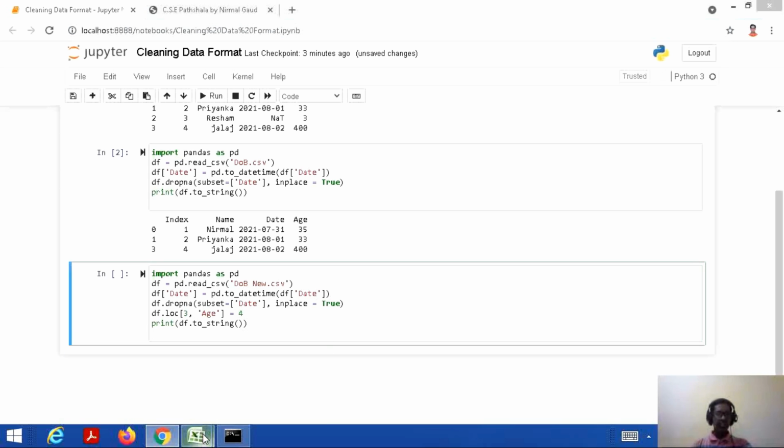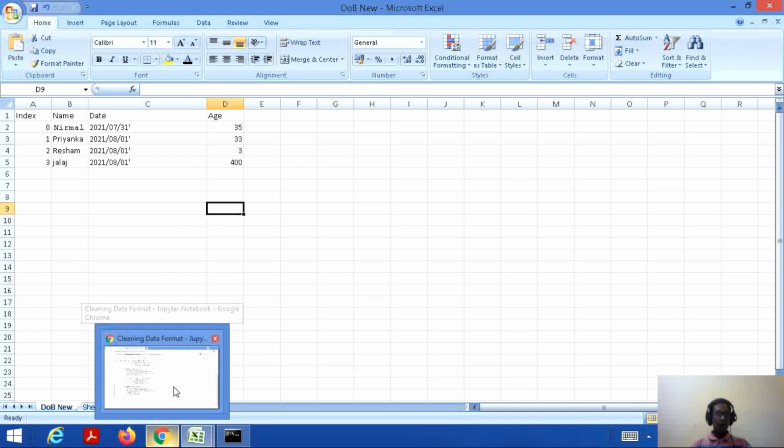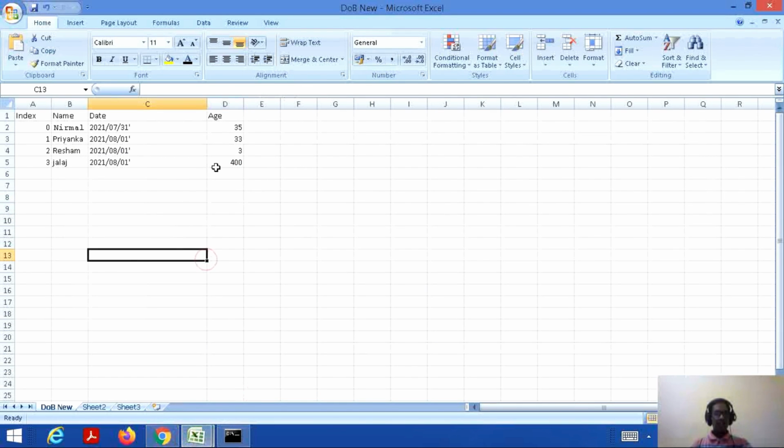And as we have seen, in this CSV file we don't have any null values, so there will be no dropping of any row. The next thing is, as we know, in this particular file there is the value 400 in row 4. Since we are having the starting index from 0, that will be row 3. So instead of row 4, while I am doing this programming in Python, I will take it as row 3, because the index starts from 0. So we need to correct this value 400.